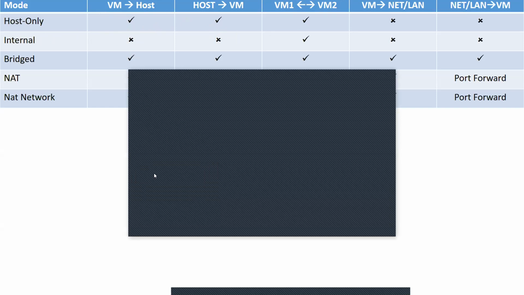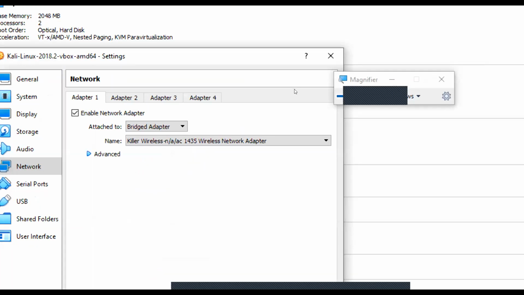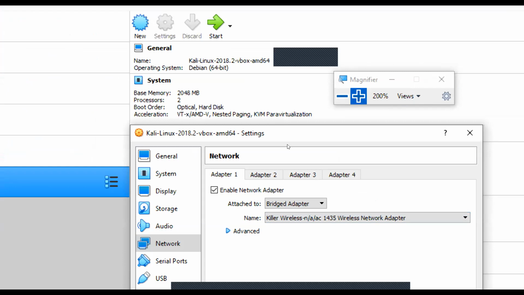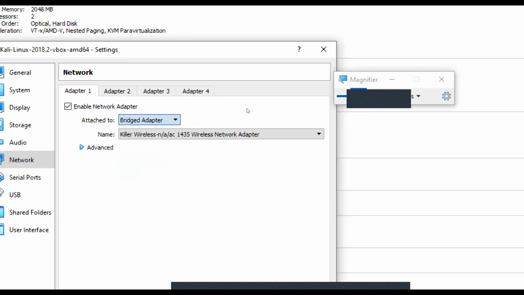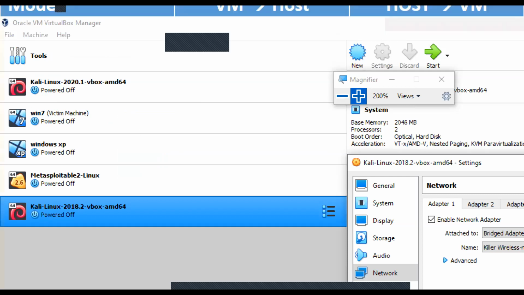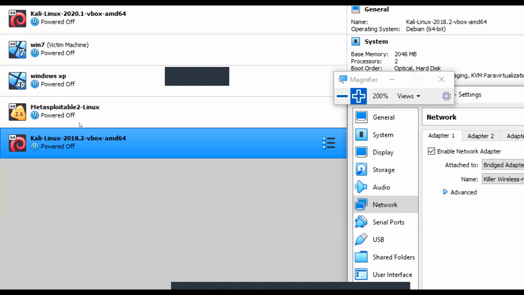Let me show it to you so that you can understand. Basically here you have these many virtual machines, and all these virtual machines must be able to communicate with each other. That is what I'm trying to show you over here. Whenever you go with the internal network, you will be able to communicate only between these virtual machines, but you can't communicate with the host machine, which is my Windows machine, or connect to the internet using this internal network. So that is one part.